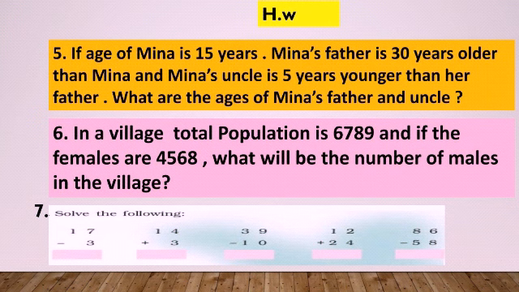So in today's class, what we have learned is that to solve any word problem, three things are mandatory. First of all, choosing the operation, which means which kind of word problem it is. You can easily understand that by checking the keywords. Next, statement writing. You have to write the proper statement. And if any unit is used in the question, you have to write the unit also, and the final answer.